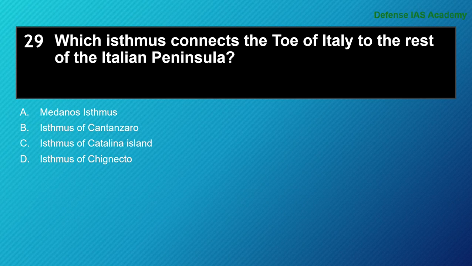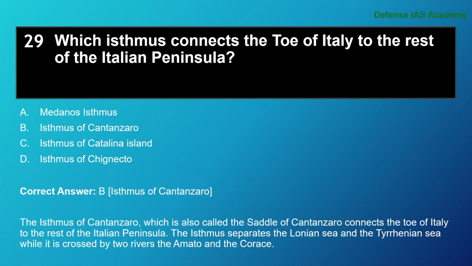An isthmus is a narrow strip of land that connects two larger land masses and separates two bodies of water. So, here the question is, which isthmus connects the toe of Italy to the rest of the Italian peninsula? The answer to the question is option B, Isthmus of